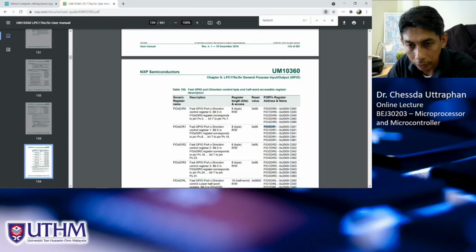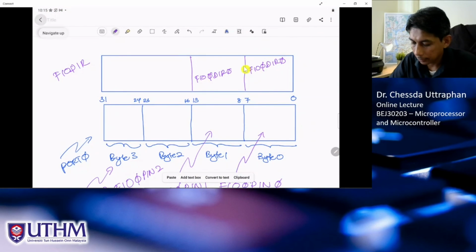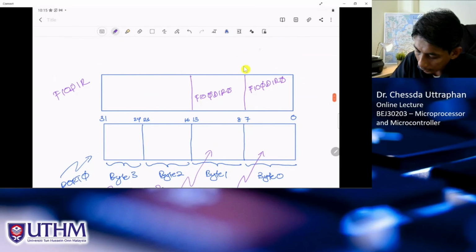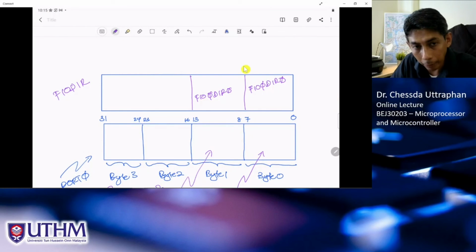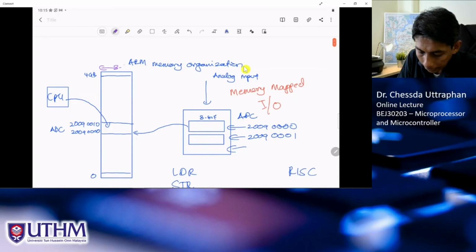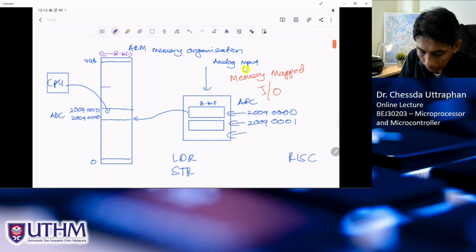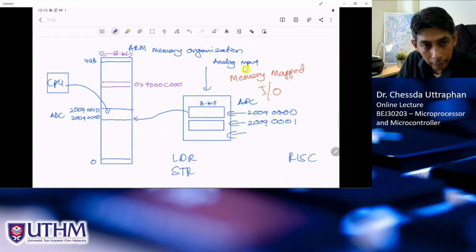You see C000. C001 is actually for byte 1. So if we look at this, the address for this is, because remember in our memory, one location is actually 8 bit. Yeah, one location is 8 bit. So the address of this is actually the